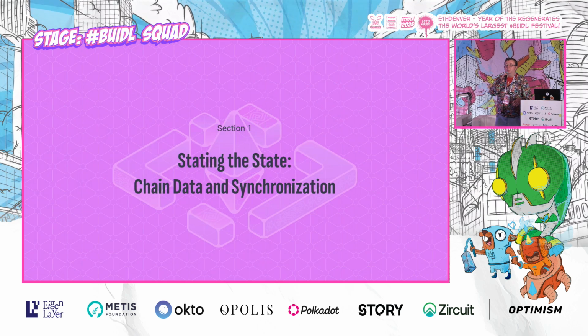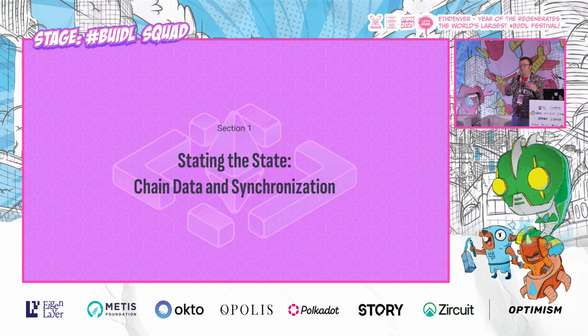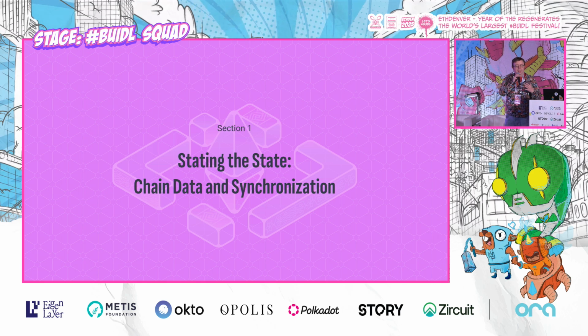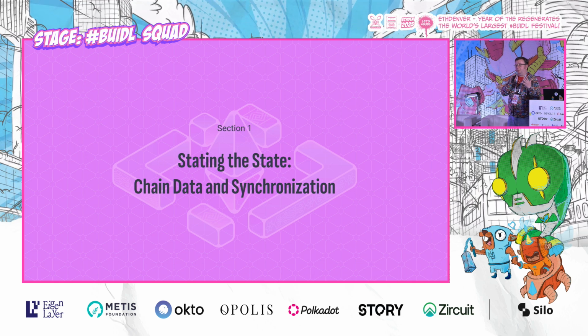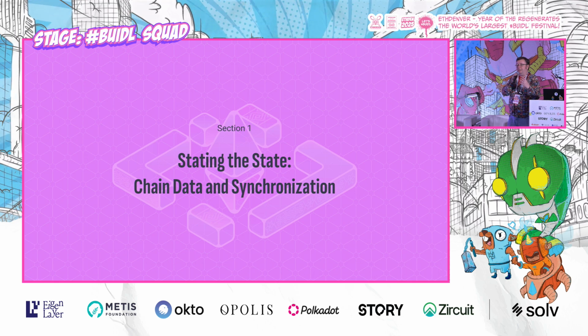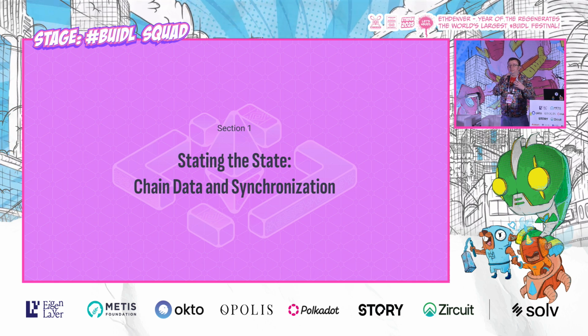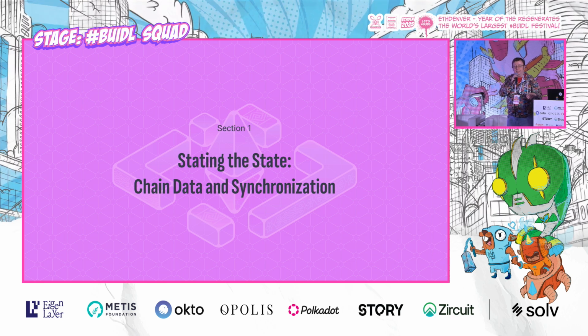So first, we need to talk about what the state is. What is the state that we're worried about in Ethereum? It turns out it's the data we use, and a lot of data about the data we use. That's really where the problem comes in: a lot of the data about the data, and a lot of the history. So we're going to talk about the chain data and how we bring that data onto your device.